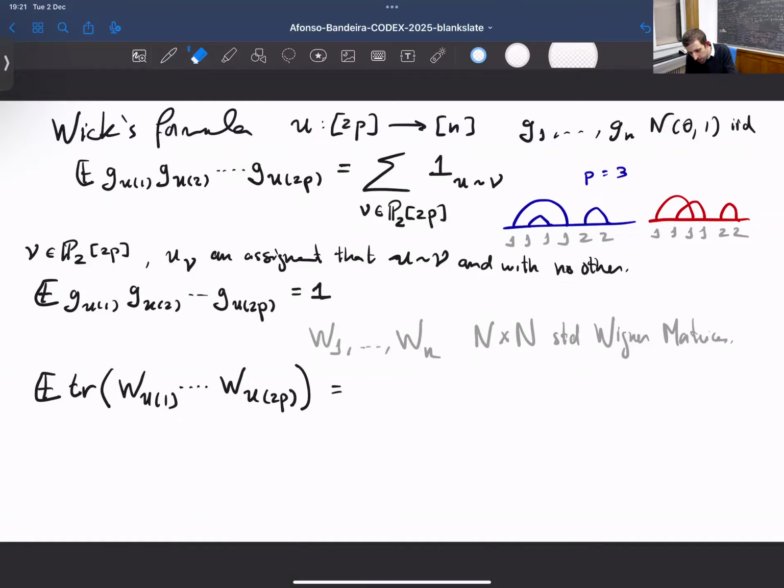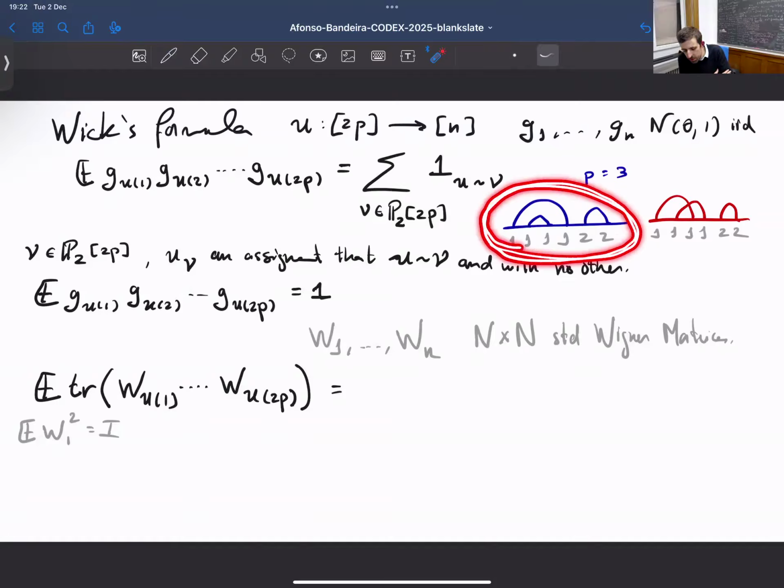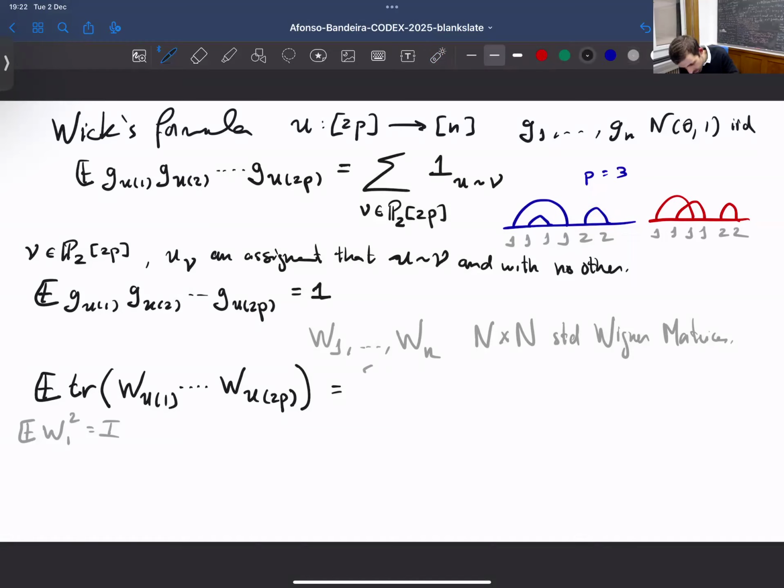Okay, so I would argue, first observation, maybe it's good to just remind everybody, if I were to take something like W1 squared, or any of the W squares, this is just identity. You don't have to do the calculation in your head, but the expected value of a matrix square is identity. Okay? So I claim that if I take, say, this crossing, then the value is 1. Because if I take this crossing here, I can sum inside over this and I get a 1, and this becomes an identity, and then I can sum over this part and come out, peels off another identity, and then peels off another identity. Okay, so this is equal to 1